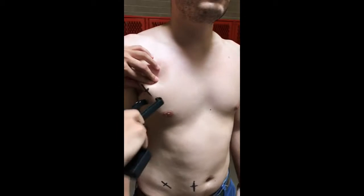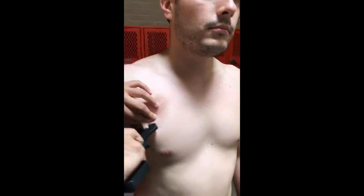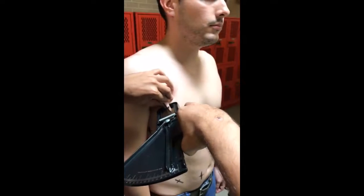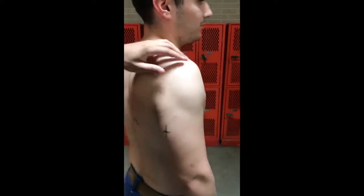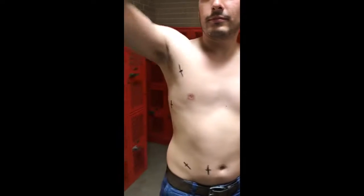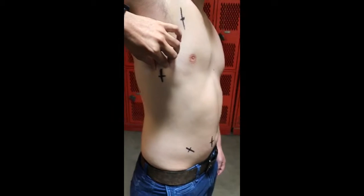For the chest or pectoral site, it's a diagonal fold, 1/2 the distance between the anterior axillary line and the nipple for men, or 1/3 of the distance between the anterior axillary line and the nipple for women. For the mid-axillary site, it's a vertical fold on the mid-axillary line at the level of the xiphoid process